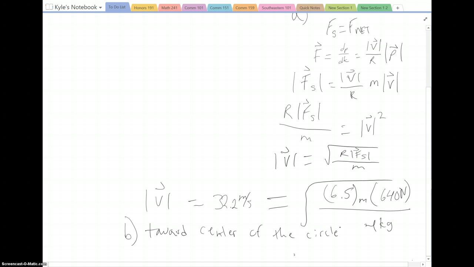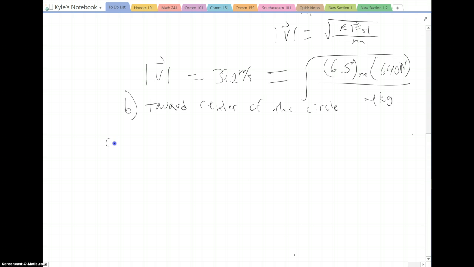And lastly, we want to find what is K. What is the coefficient of the spring? So what is the stiffness of the spring? So we know that